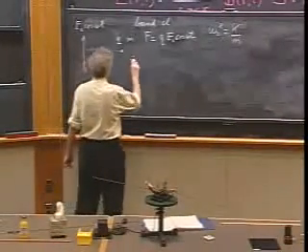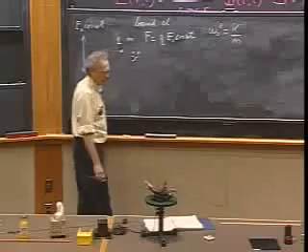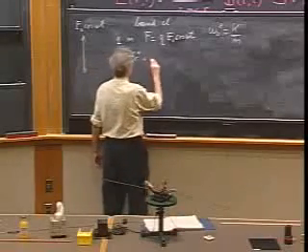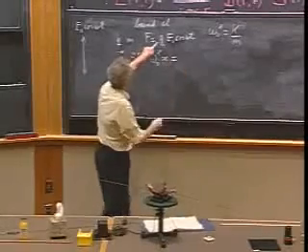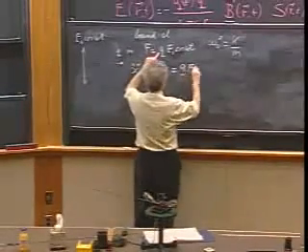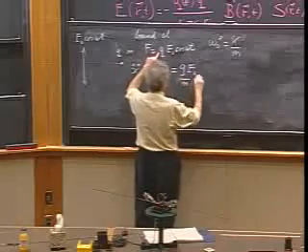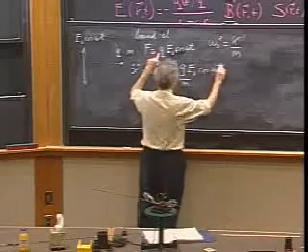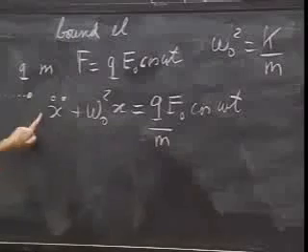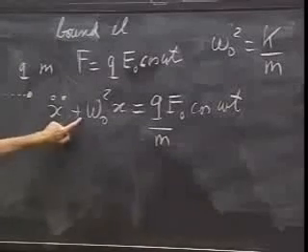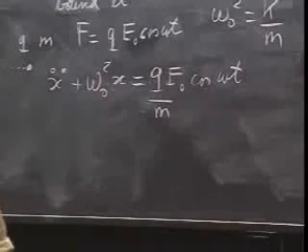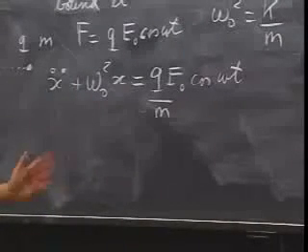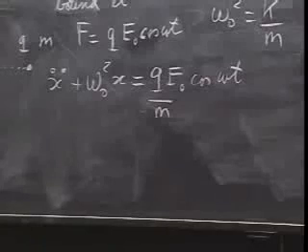And Newton's second law now becomes x double dot plus omega 0 squared times x equals this driving force, which is Q times E0 divided by m times the cosine omega t. And the reason there is an m here is because I have already removed the m here, and I have removed the m there. And so this is an equation that we have seen before, when we were dealing with forced oscillations. And it has a very simple solution that is